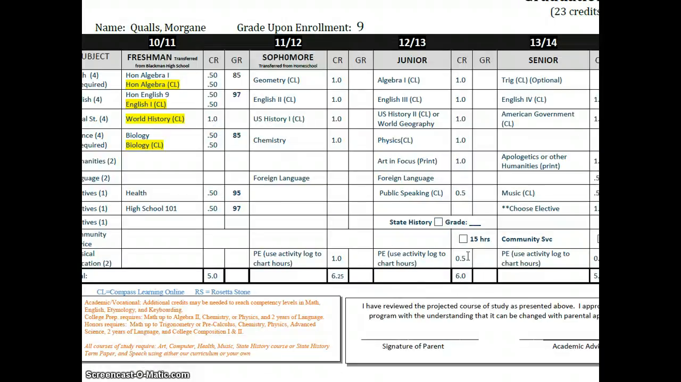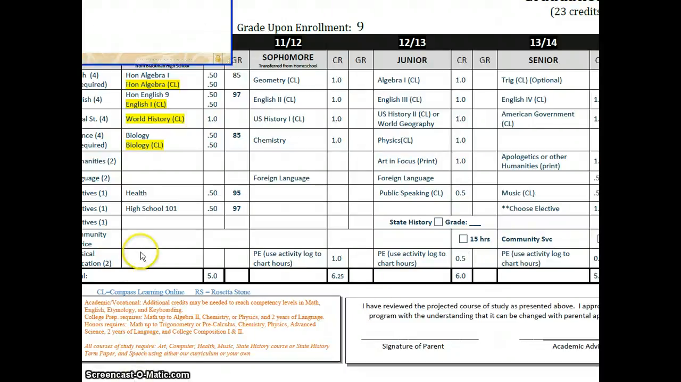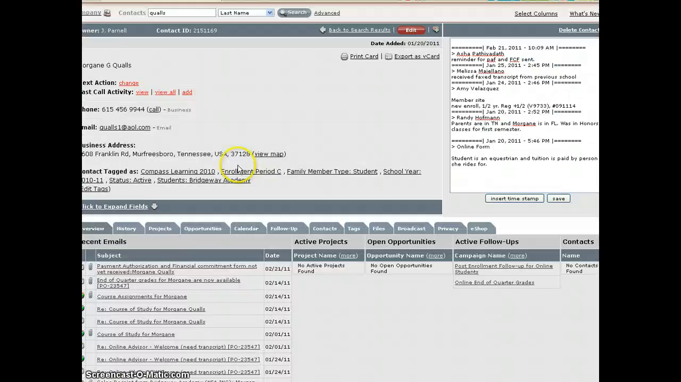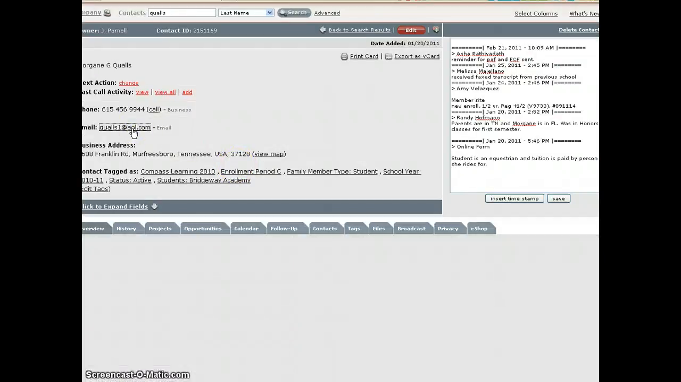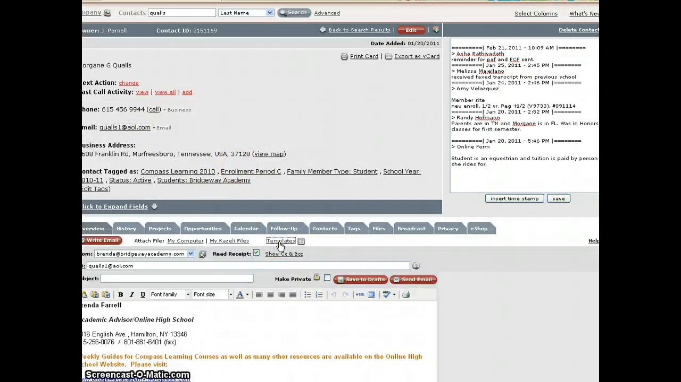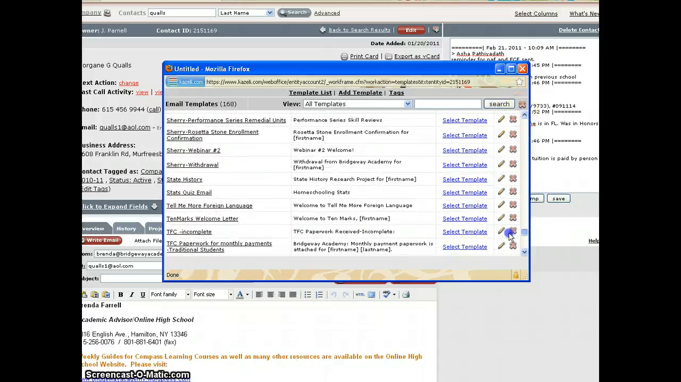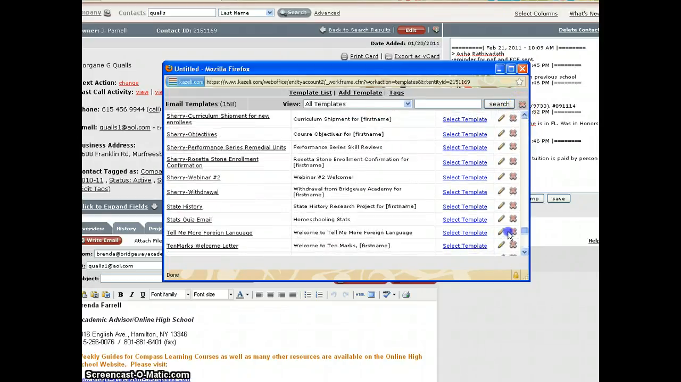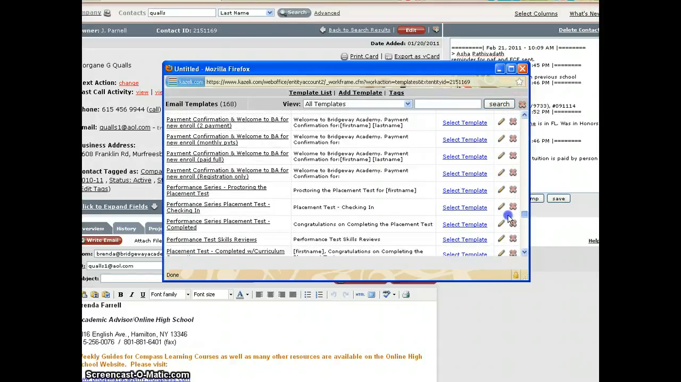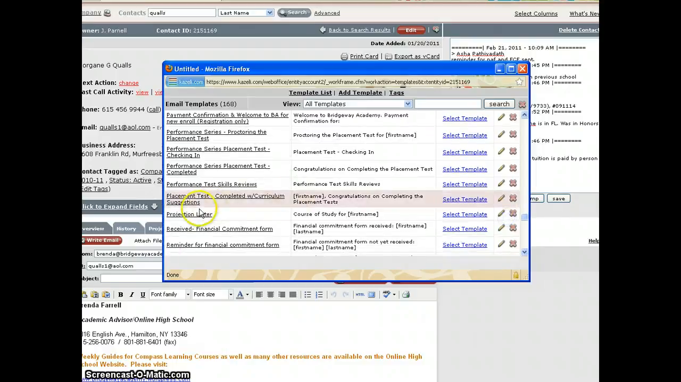So then what I'm going to do is I'm going to jump over to my Kazelli, and I'm going to send this projection to the student. So I'm on my contact card, and I'm going to send the student an email by clicking on my template and scrolling down till I find the template that says projection. Projection letter. I'm going to click on that,